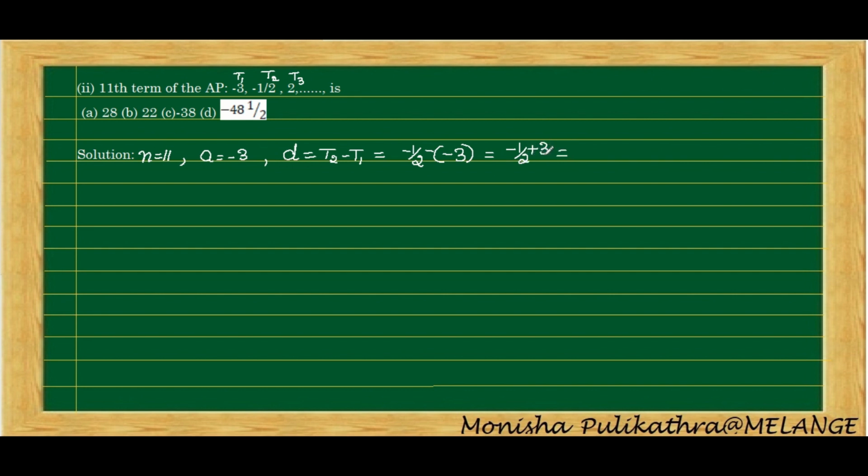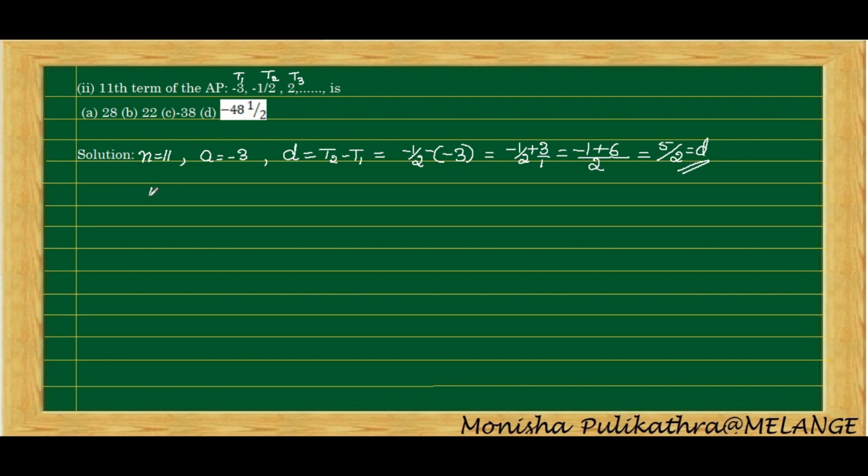Okay. Next step, here the denominator will be 1 and here the denominator is 2. The LCM of 2 and 1 is 2. So when the denominator and LCM are the same, then the numerator will remain as it is. Here minus 1. Next, here the denominator is 1, so 1 into 2, 2, 2 3s are 6. So plus 6. What is 6 minus 1? 6 minus 1 is 5, divided by 2. So this is the common difference. So D is equal to 5 by 2.